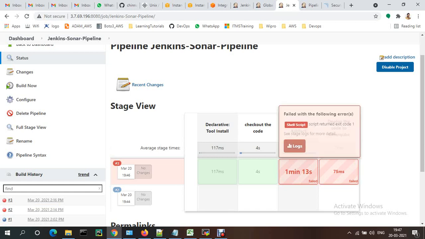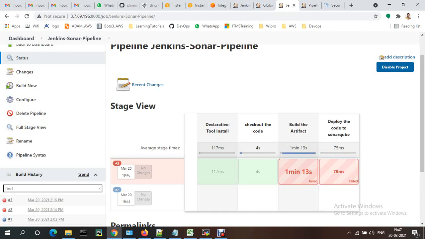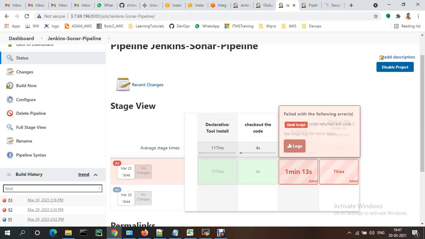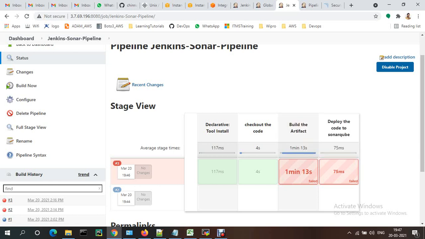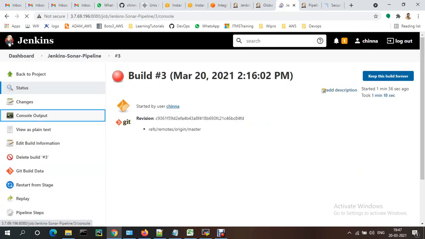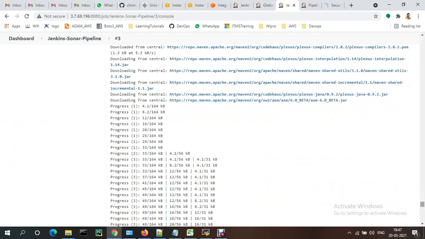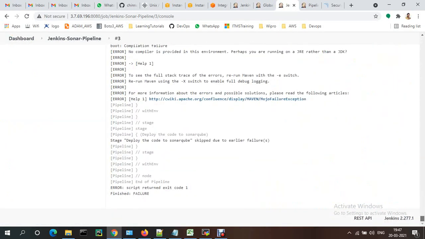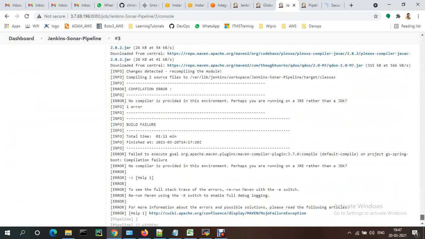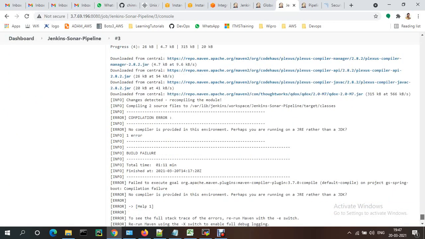It has downloaded the dependencies. This build is failing, build artifact is failing, and code checkout is done, and these two failed. Let me check the issue. Go to console output. What is the error we are getting? Build failure.